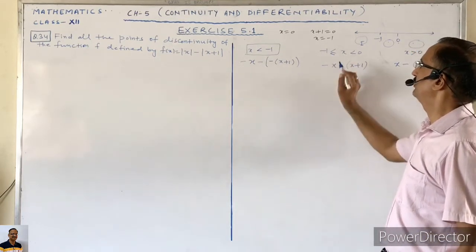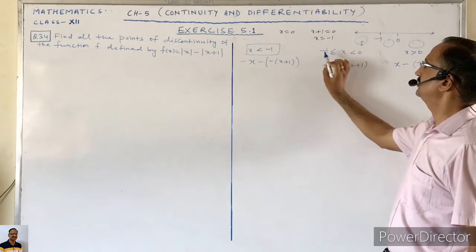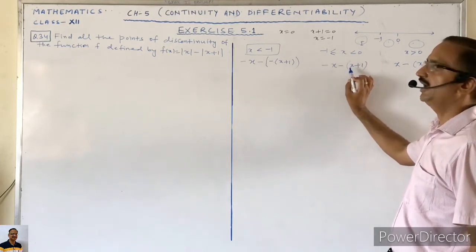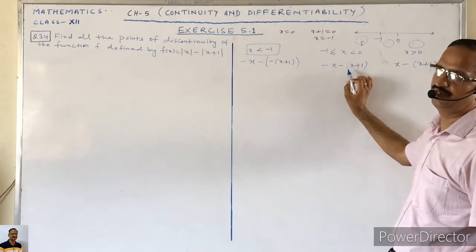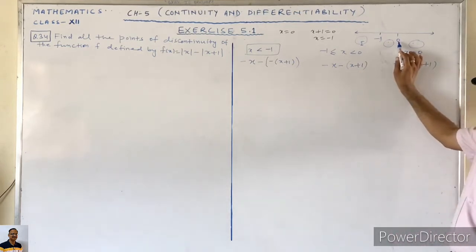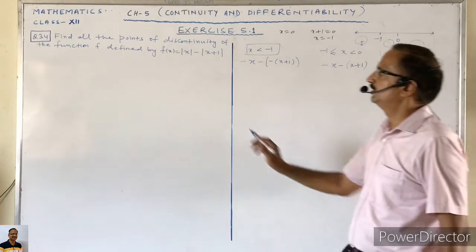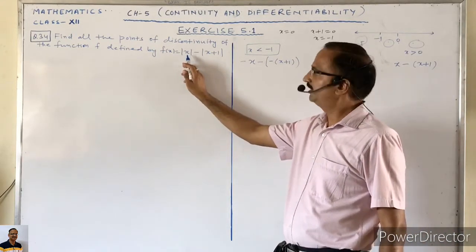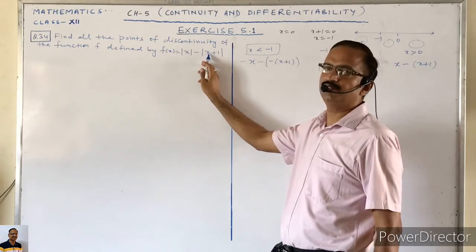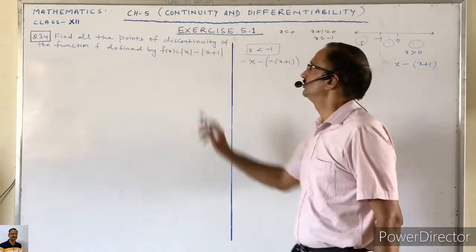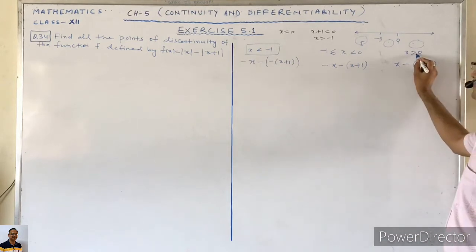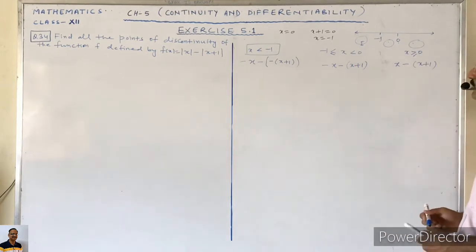Okay. So we will write, when x is greater than or equal to -1 and less than 0, then this is the function. Now at x = 0. So put x = 0, it means it is positive. When we put x = 0, this is also positive. So both are positive. So this is the case, where x is greater than or equal to 0.